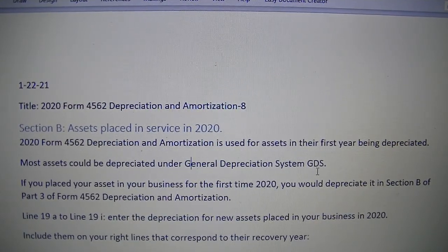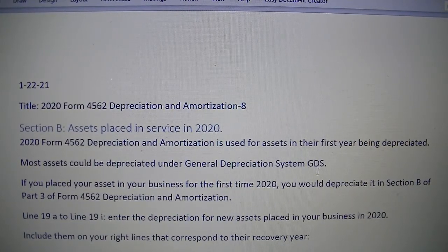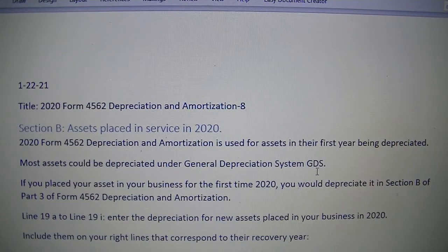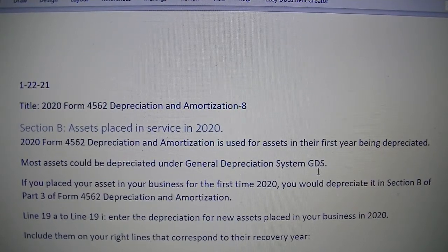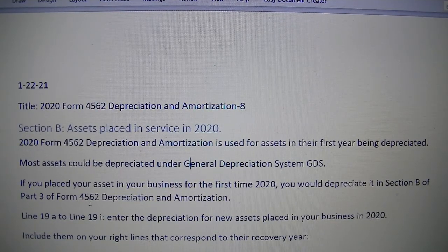But if your property is in the list of properties that must use ADS, the alternative depreciation system, then you'll use ADS. But a lot of business assets will fall under GDS, General Depreciation System. So if you place your asset in your business for the first time in 2020, you'll depreciate it